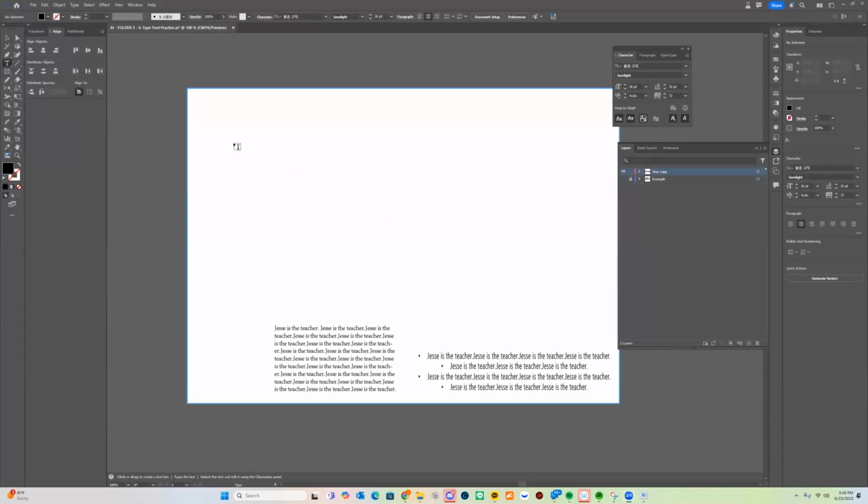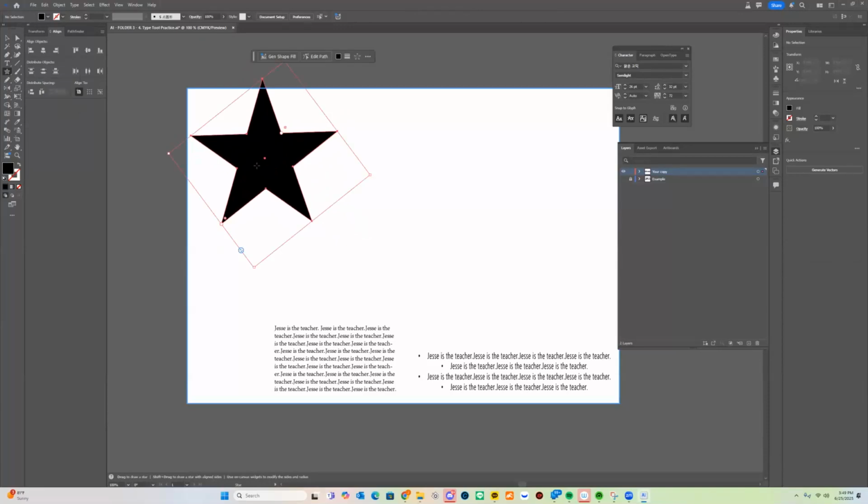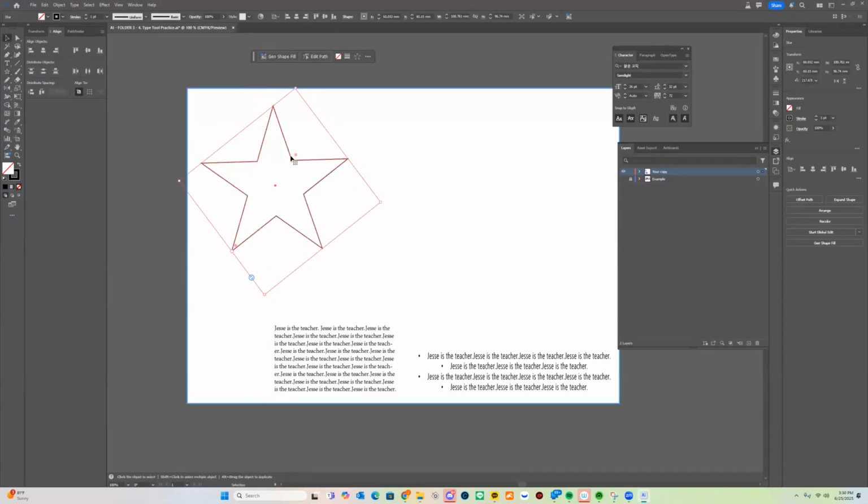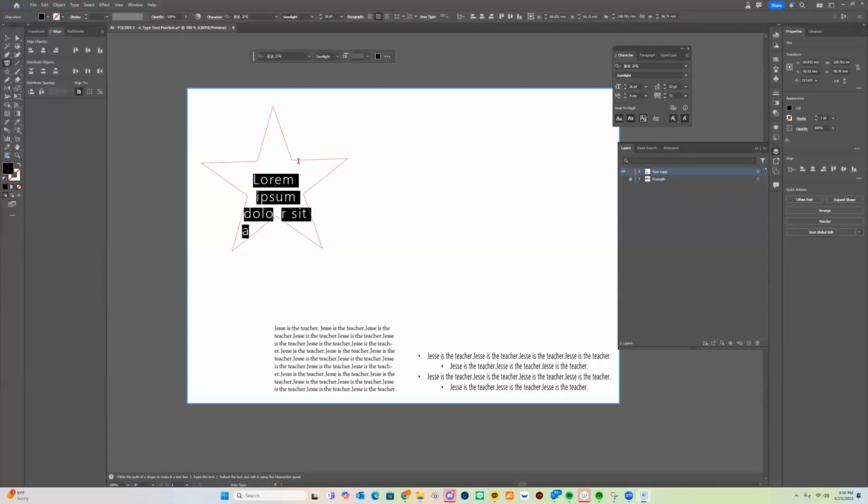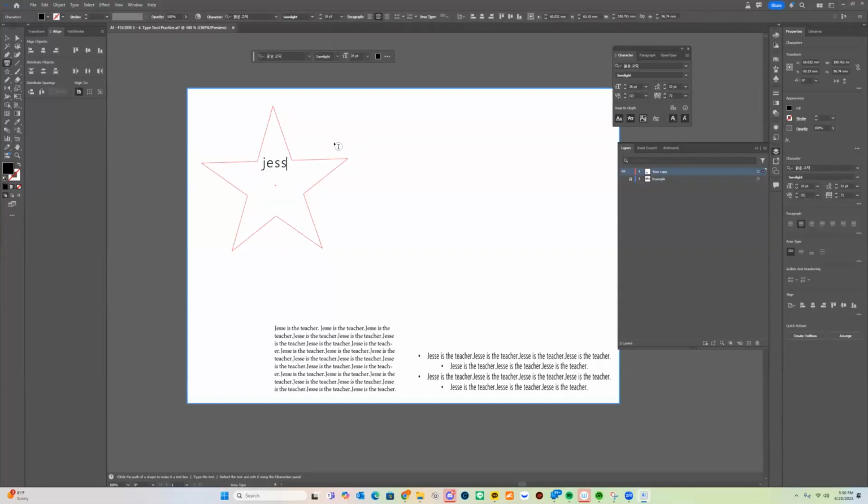Now, the area type tool is going to be, let's just say I make a star. Now, if I want to type inside of the star, I can use the area type tool. To do that, you can't click the inside of the star. You have to click the outline of the star. So you see how my little cursor says pathway when I put it along that path? You have to click on that pathway,